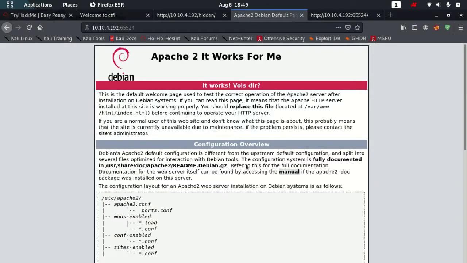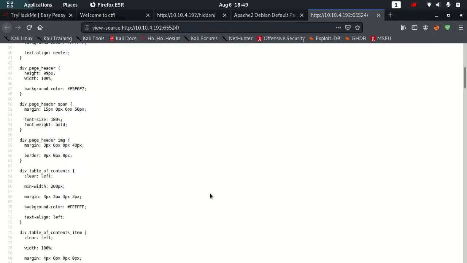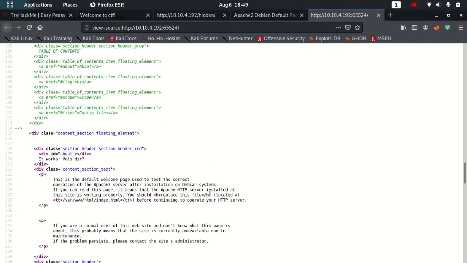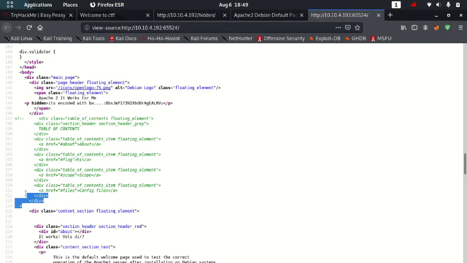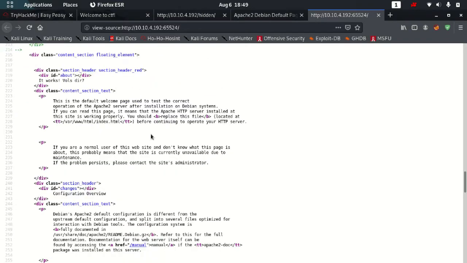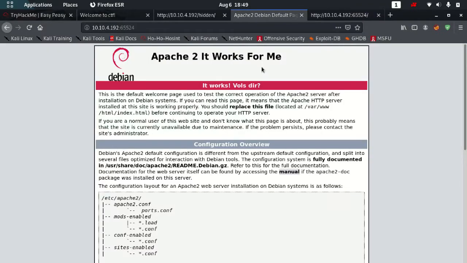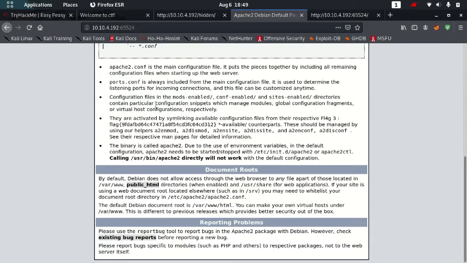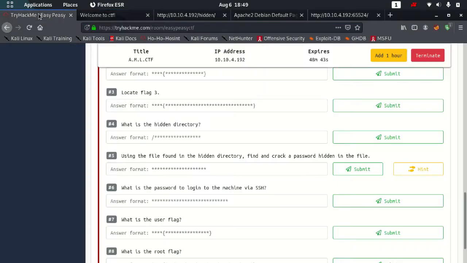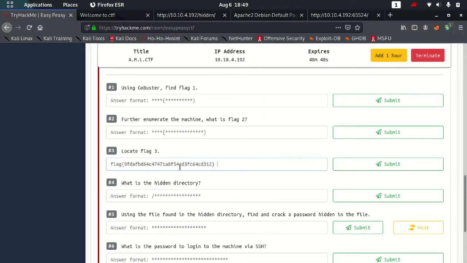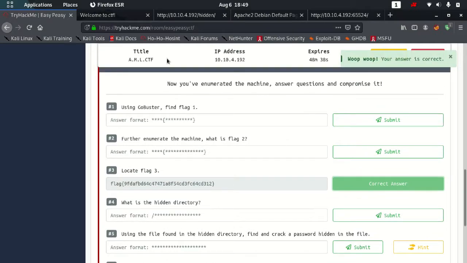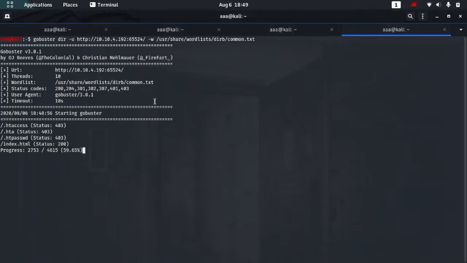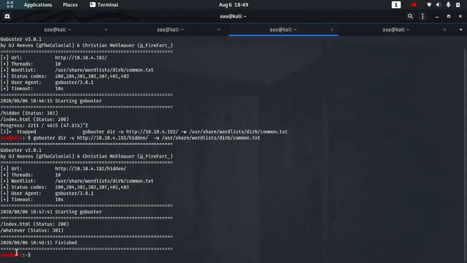When I pressed Ctrl+U, I could again see the source code, and in this source code I see a commented section. Let me just keep looking. Okay, so I got something. These are activated bus making and flag 3. Okay, so I got the value of flag 3. So nice, flag 3 has been located. What about flag 1 and flag 2? Currently the GoBuster scan is running.